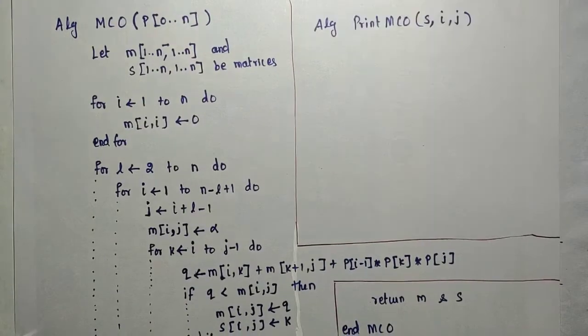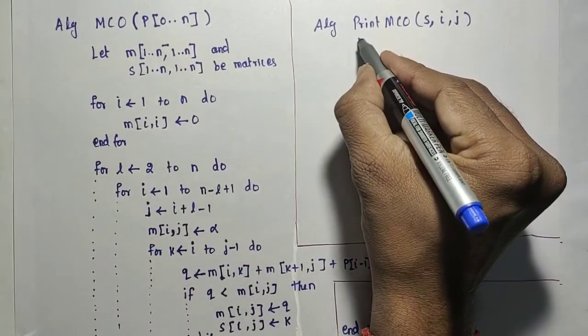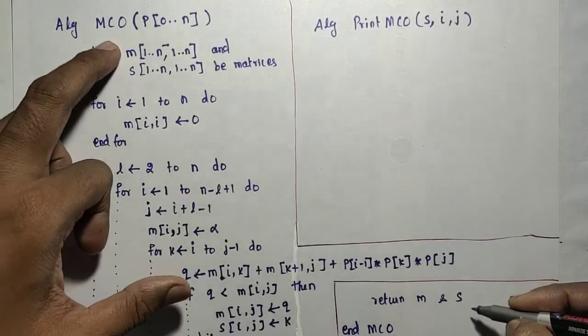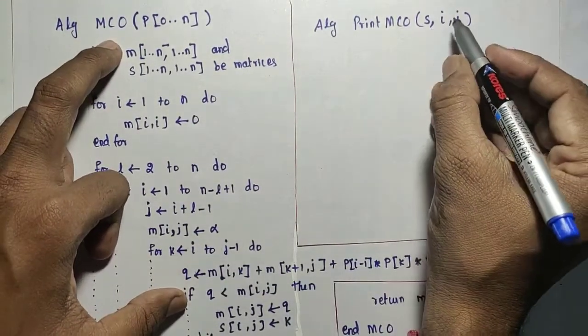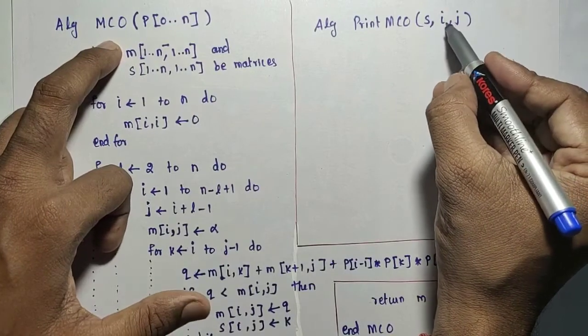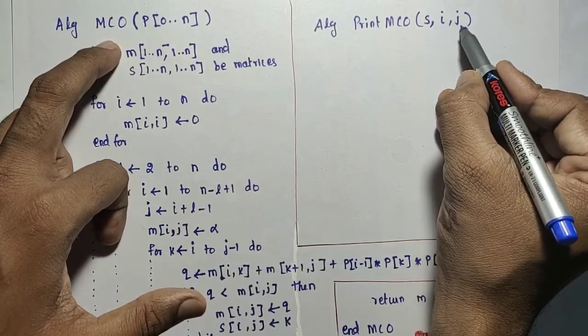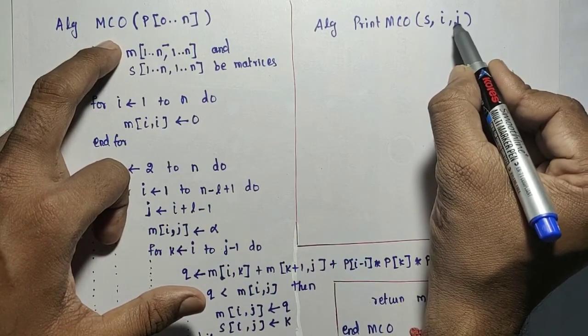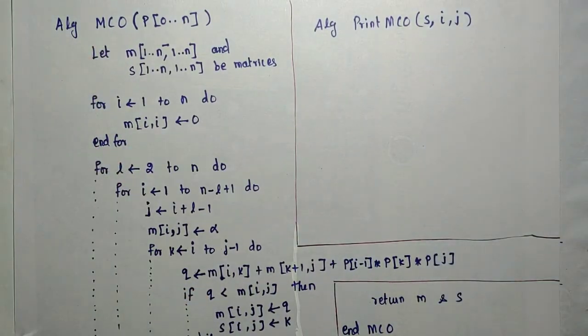The input of print MCO is the table we obtained from the MCO algorithm, and the sequence for which we need to print the fully parenthesized expression, i comma j. If we want to write the expression for 1 comma 4, m of